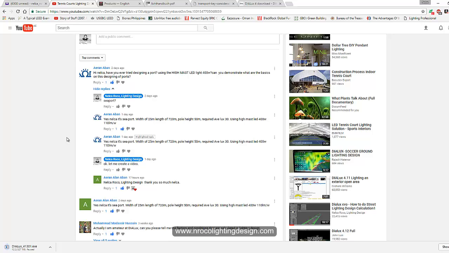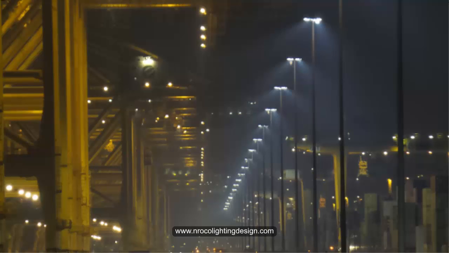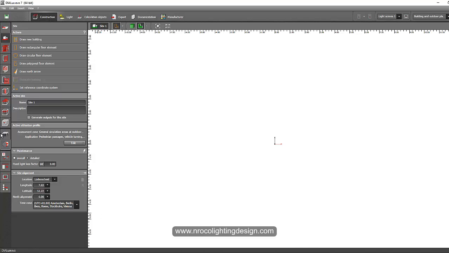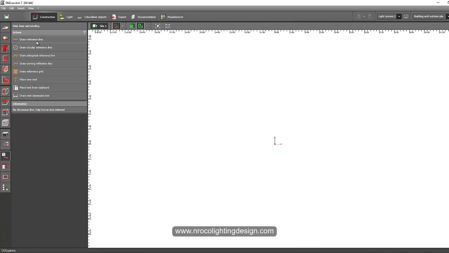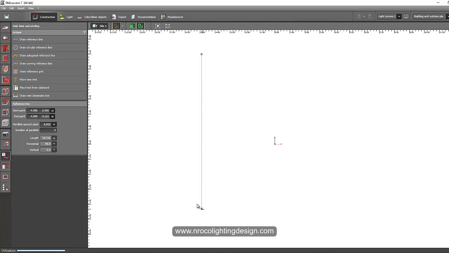So what we are going to do is create a ground that has 25 by, let's say, 100, and then you can just multiply it into 720 meters long later on. Once you do the layout in AutoCAD, you can just multiply it into 720 meters long, but our calculation will be 25 by 100 only. So how are we going to do that? Let's create a reference line since you did not give me your drawing. I will place one line here and say this is 100 meters, one piece.